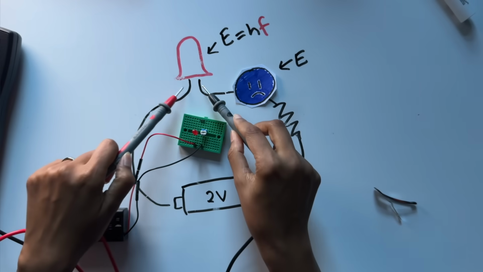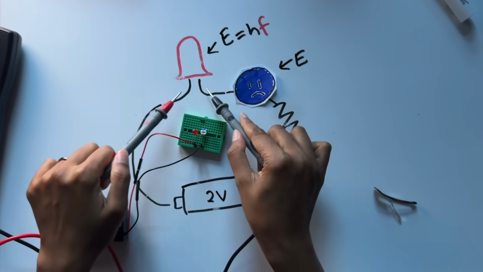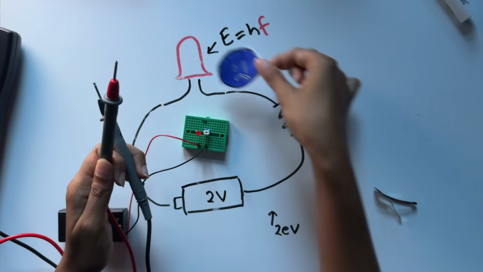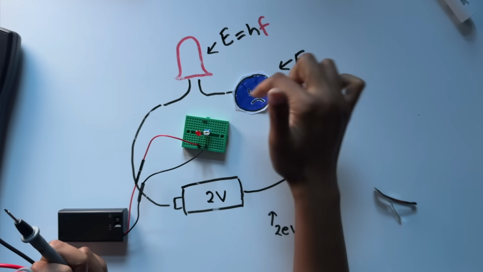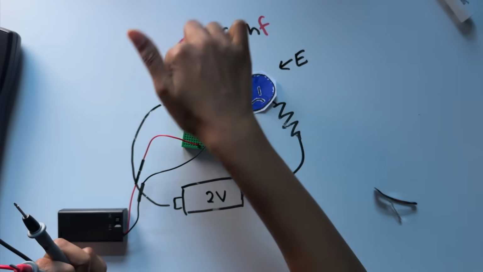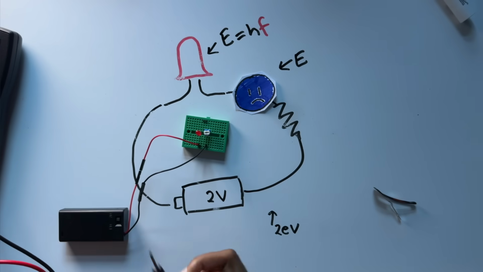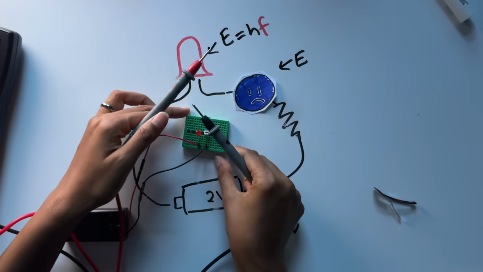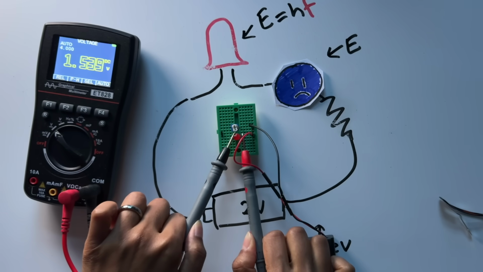The way we're going to do it is we're going to measure the voltage across the LED. But that's okay because there's a very simple way to convert the voltage here to the energy the electron has. All we have to do is, whatever voltage this is, let's say it's like 1.5 volts, then the energy of the electron is equal to 1.5 electron volts. So as long as we measure the voltage, we know how much energy the electron lost as it moved across this LED. So let us indeed measure that voltage. Oh, nice. 1.5,